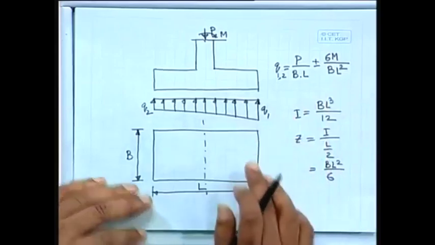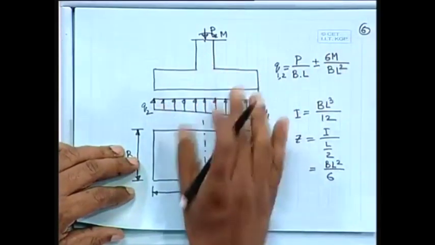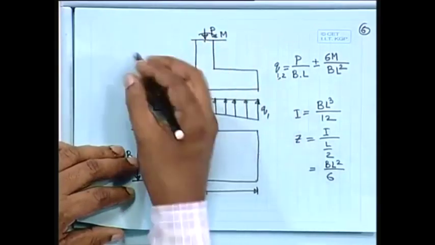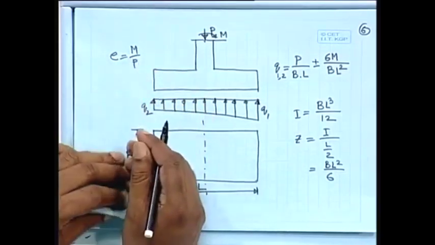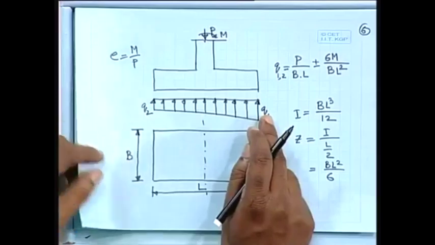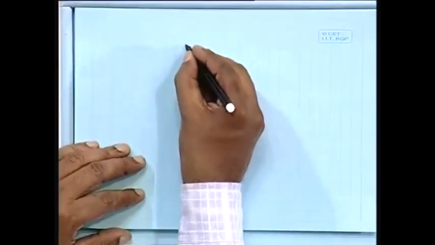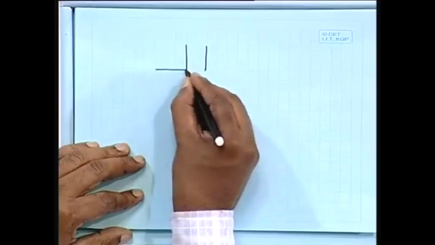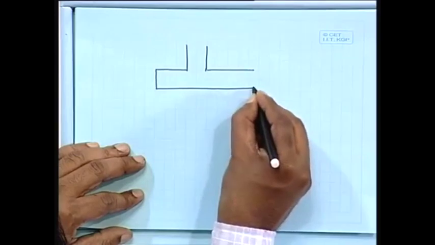That means, depending on the values, we can do one trick. Since we are having this, E equal to M by P, E equal to M by P. I would like to make this stress uniform. What we can do, so we shall do it like this. We shall have little offset,